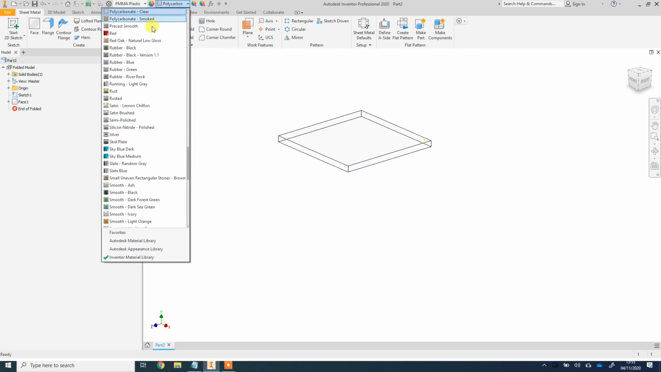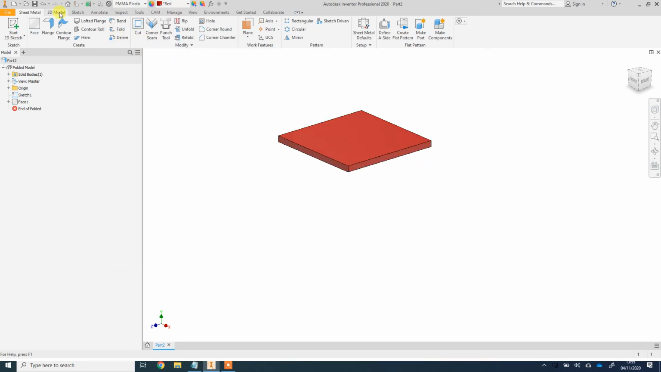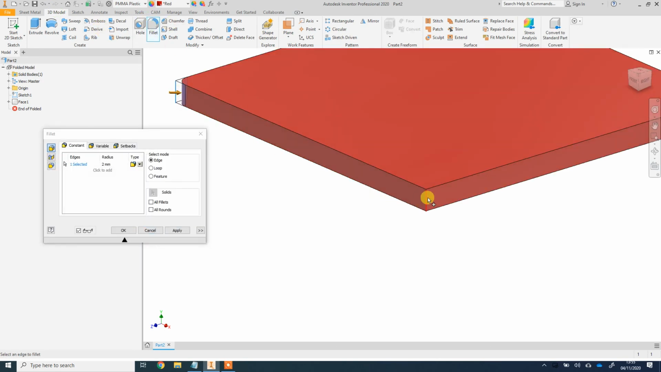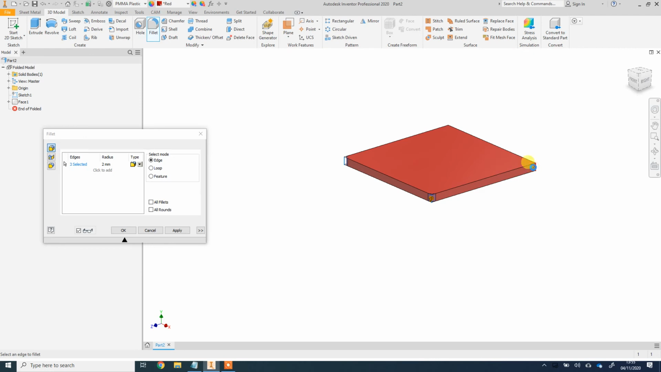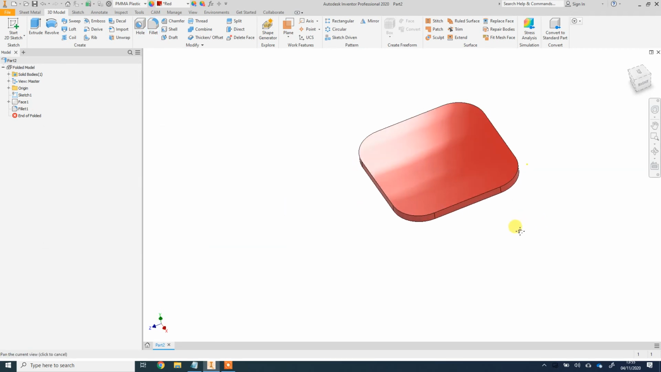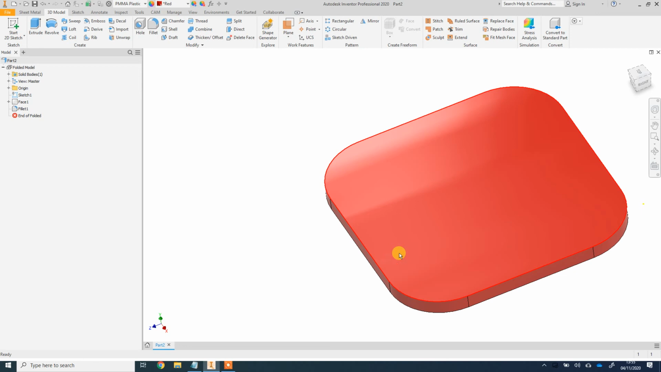Change the color. And what I'm going to do, I'm going to go to 3D model, stick a fillet on these corners. 1, 2, 3, 4. Just make them a bit bigger. I'm just sort of messing around here. I don't really know what this is going to be, by the way. Right. And now what I want to do is fold all 4 corners up,